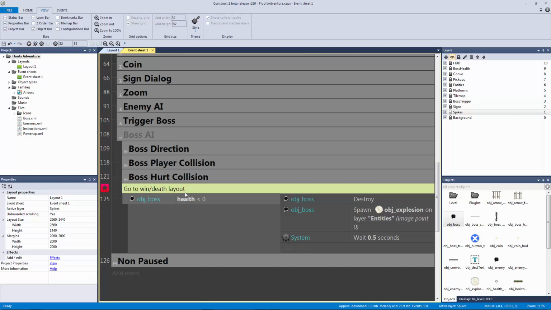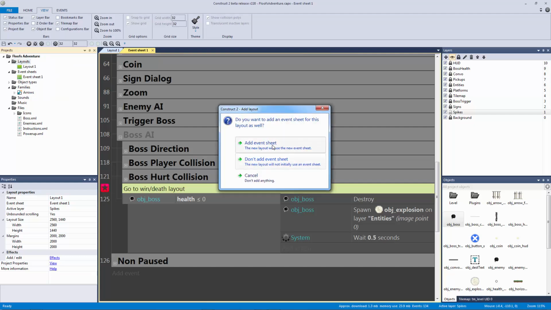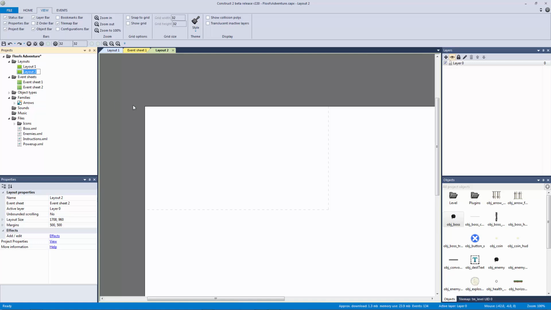So we're going to go to the win death layout here, and we don't have that layout created yet, but it wouldn't be a shame to create it now. So let's actually do that. Let's add the new layout. Let's add an event sheet with it. Let's call this